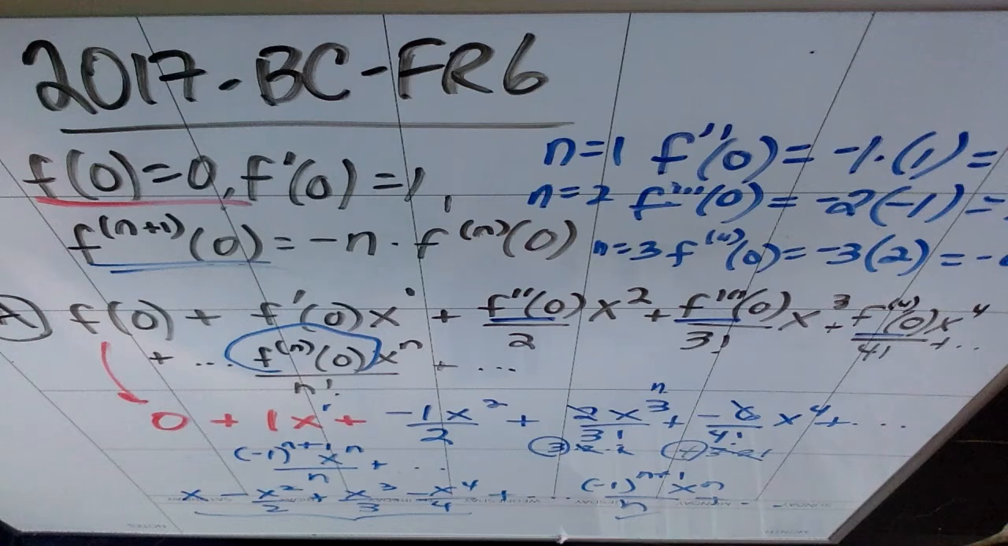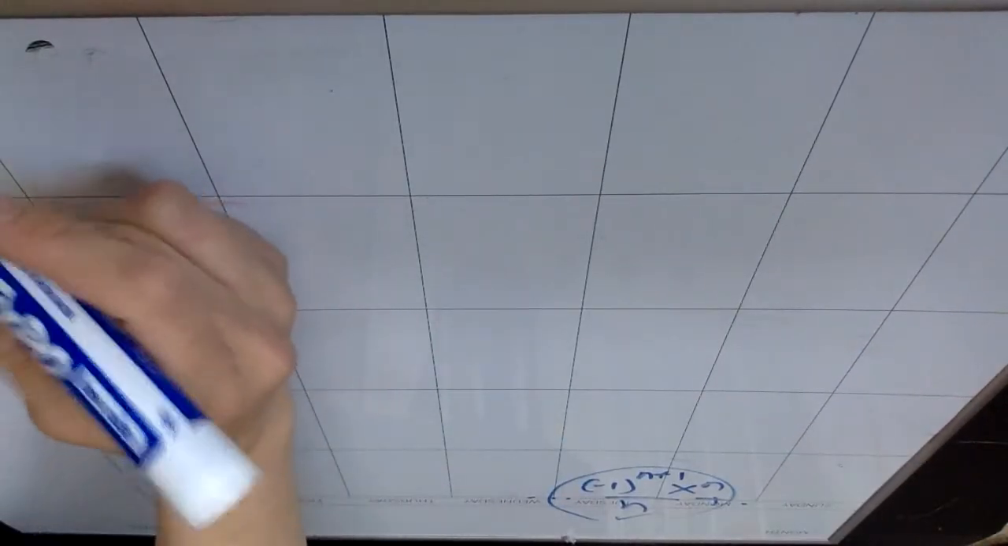Cool. Part B. Determine whether the Maclaurin series described in A converges absolutely, converges conditionally, or diverges at 1. Okay, so I'm going to need this term. This is what's going to matter. So let's erase all this stuff and keep that term. Cool. So for part B,